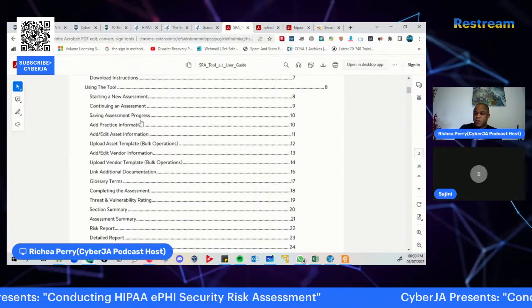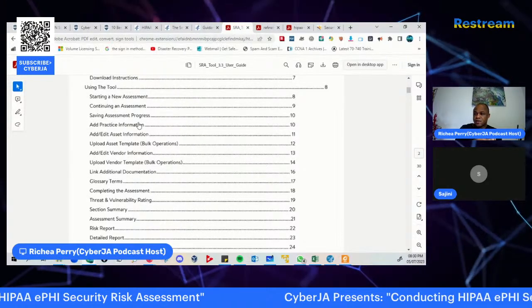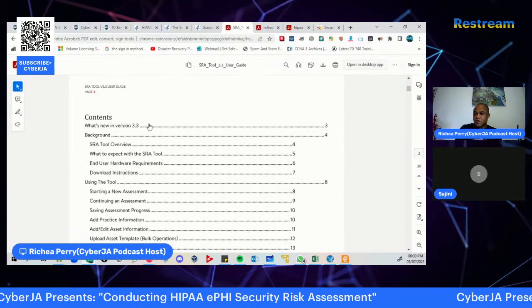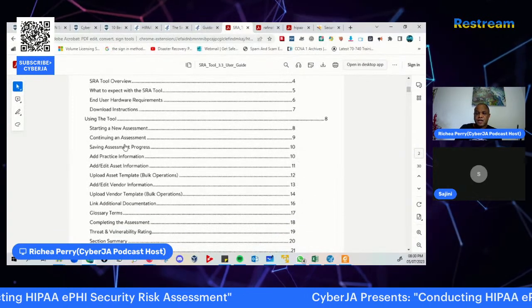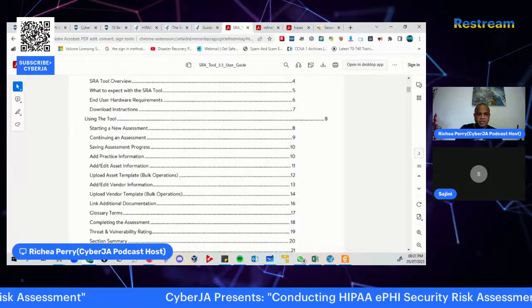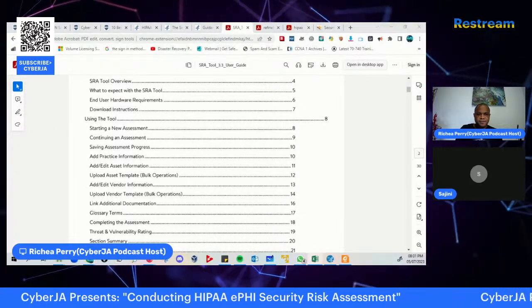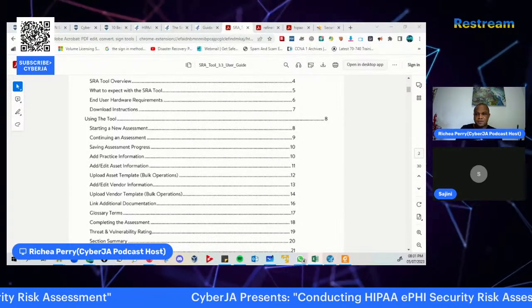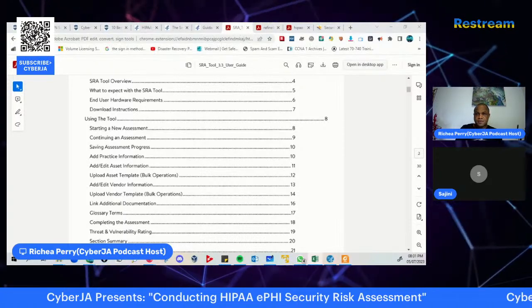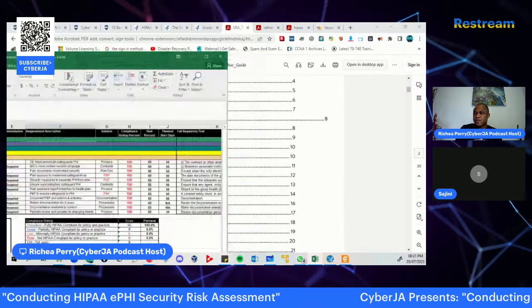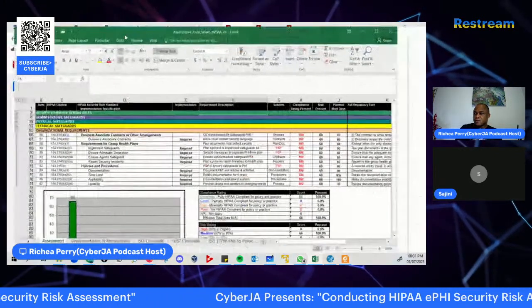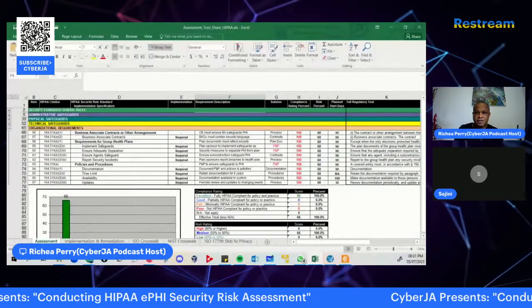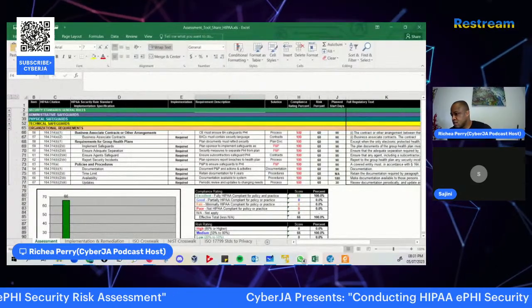Right, so now that you are familiar with the background to the requirements and the manual for this risk assessment tool, one of the things I also want to bring to your attention, guys, is this. Let me quickly bring this across. For persons who might not be familiar with the assessment requirements for HIPAA, this might be a little bit small for you to see. Nevertheless, let me see if I can zoom this in a little bit.